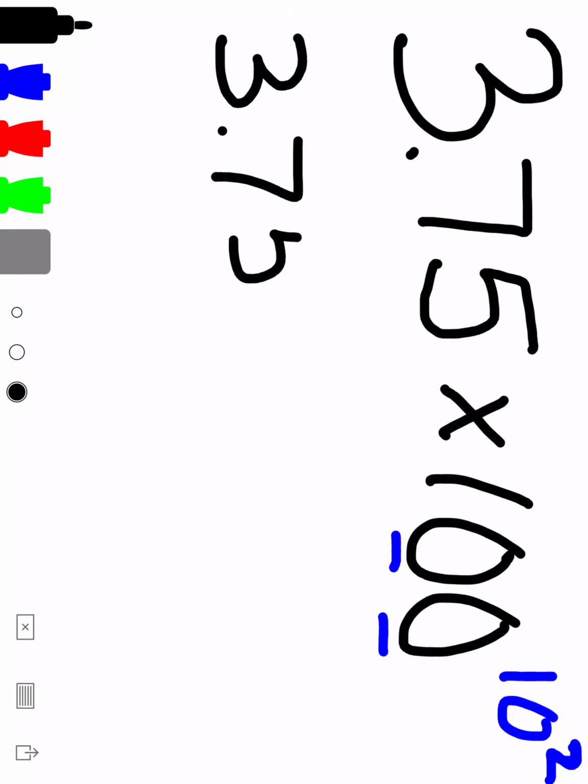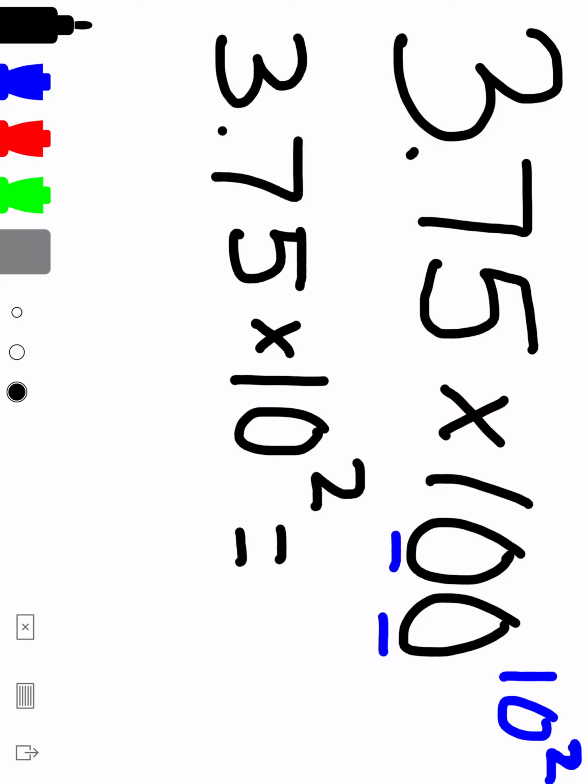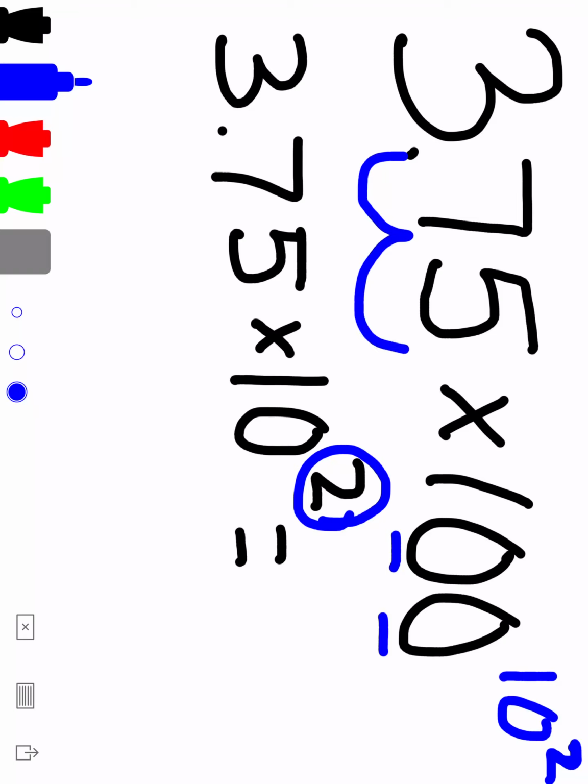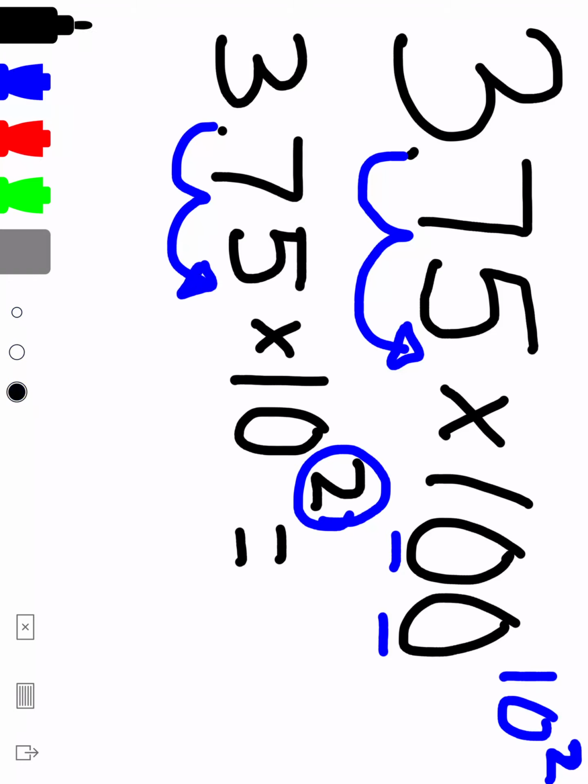I'm going to do the next one with you now. The next one says 3.75 times 100. 100 is the same as 10 to the what power? As 10 to the second power. Oh dear. So I'm going to rewrite this problem as 3.75 times 10 to the second power. Now, you don't even have to rewrite the problem like I did. You can just leave it as